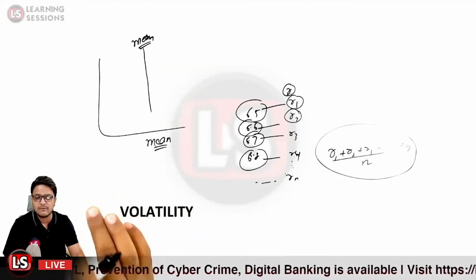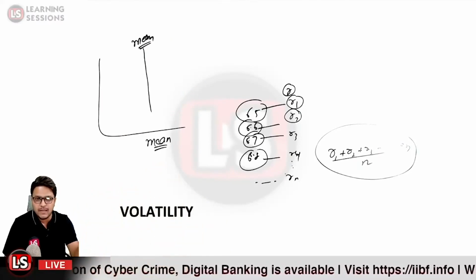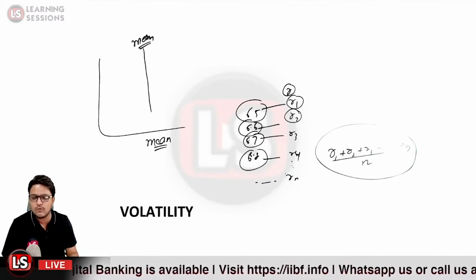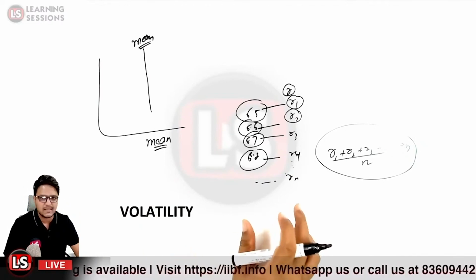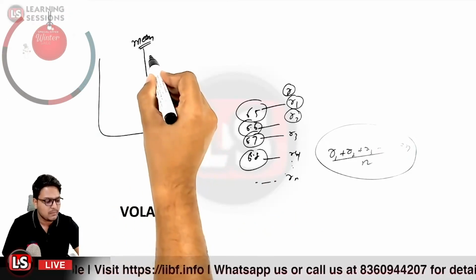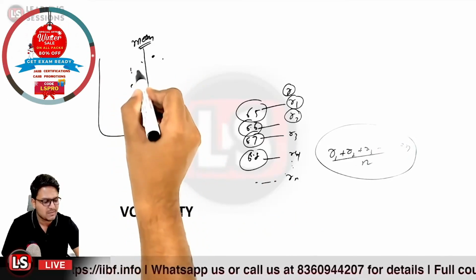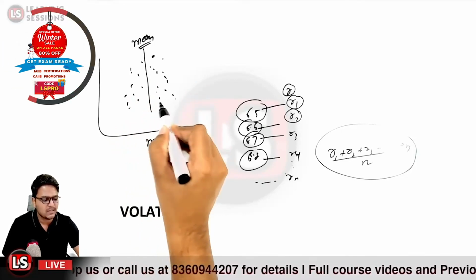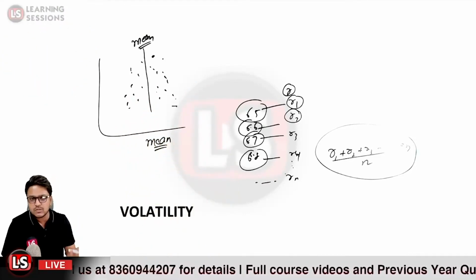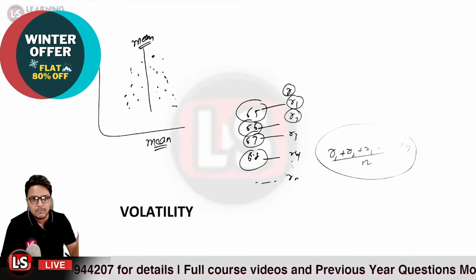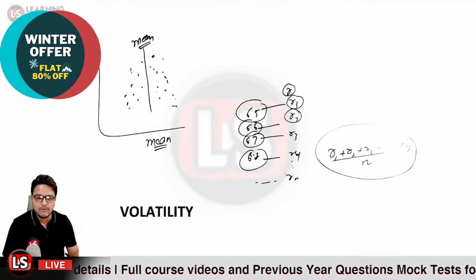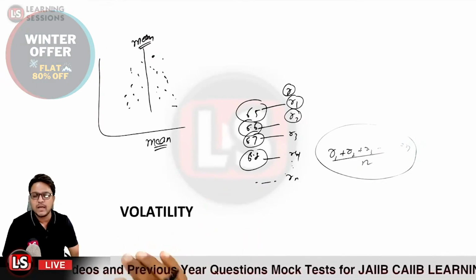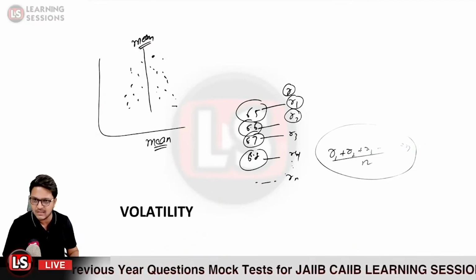Now once you have calculated the mean value, the value of the random variable would be either on the positive side or on the negative side. It may be the case that some of the values are above the mean and some are below the mean. All the dots are representing the different values. Some of the values under the different scenarios would be below the mean value, and in other situations some values of the random variable would be above the mean value.